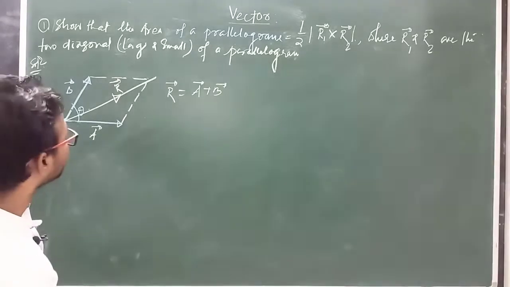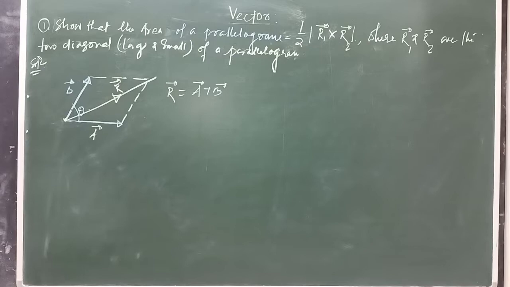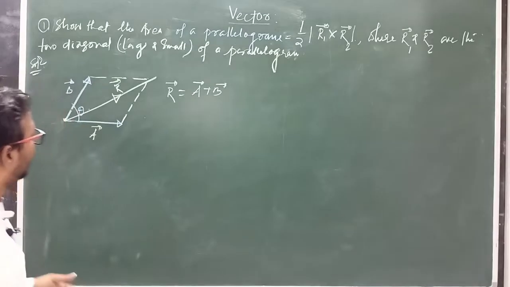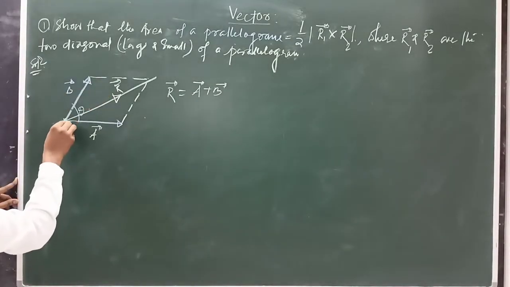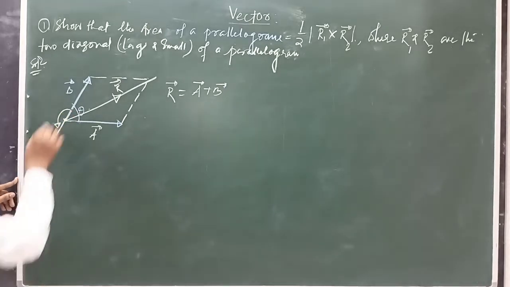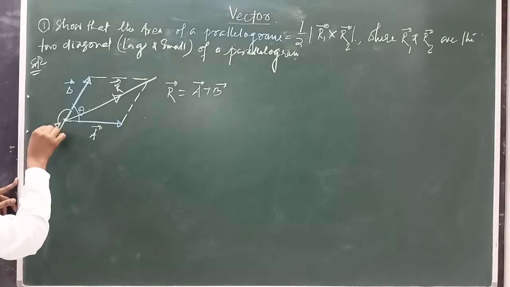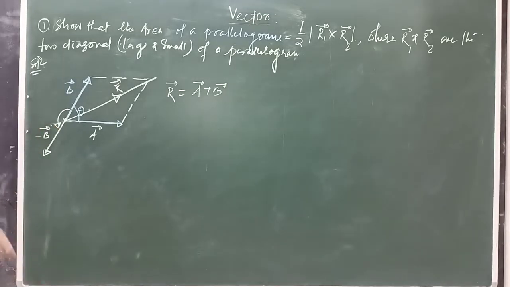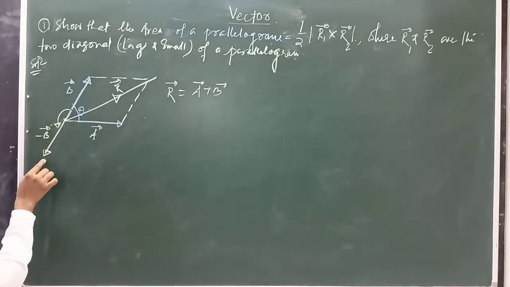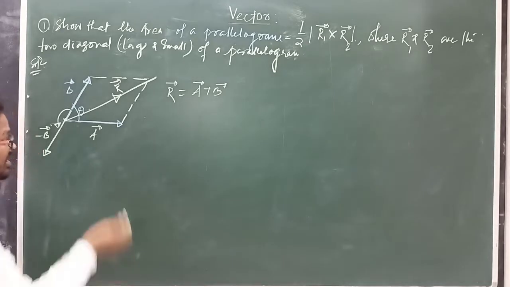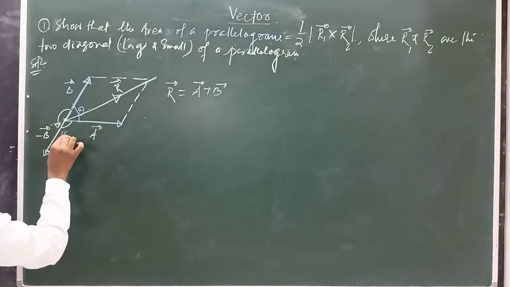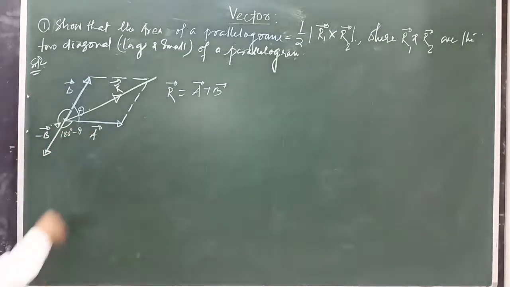Okay, we already know what is a negative vector. Negative vector means both magnitudes are equal but directions are opposite to each other. Suppose this vector is B and its negative vector will be in this direction, which are always 180 degrees to each other, and this vector is now minus B vector. Clear? Okay, if you complete the parallelogram here, this is A vector and this vector is B vector. We already know how to calculate the negative vector. This angle is the angle between A vector and minus B, which is 180 degrees minus theta.